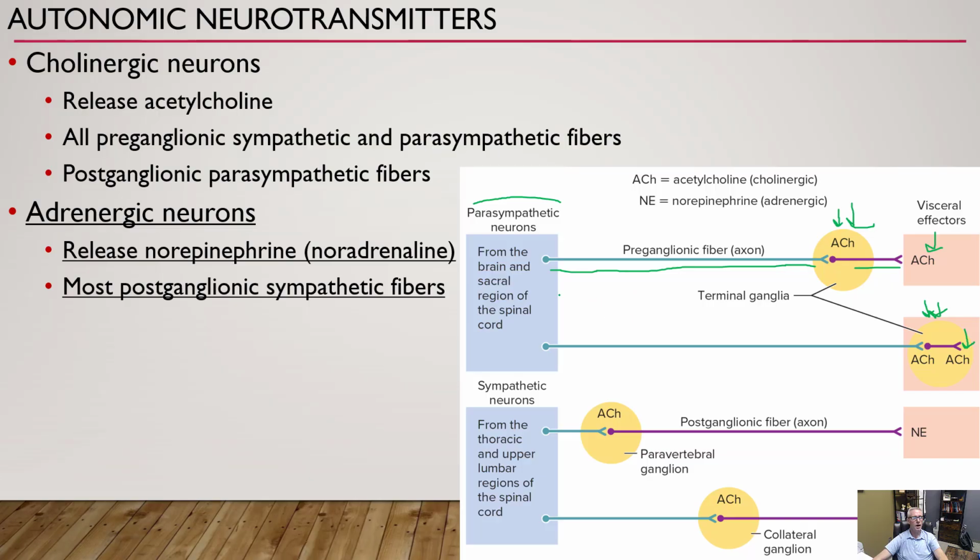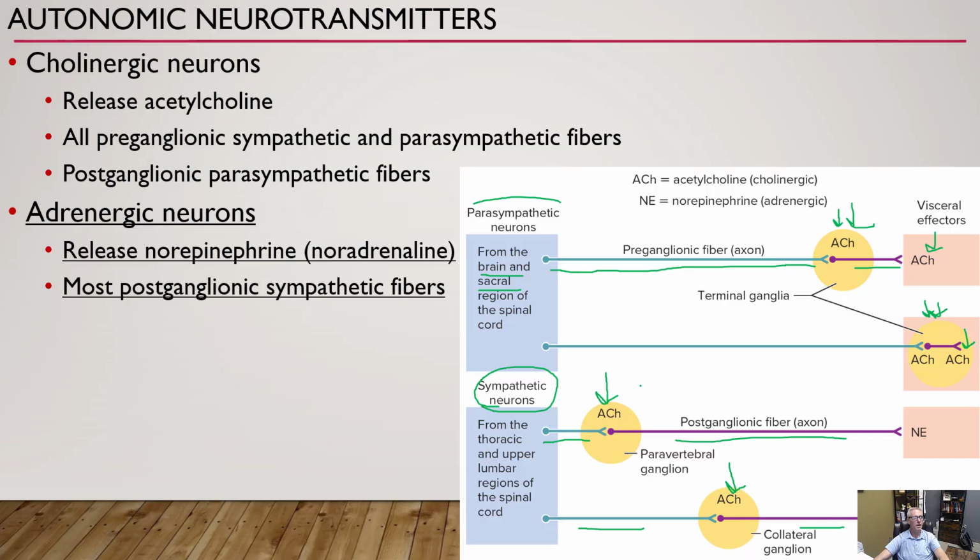Remember the parasympathetic side: brainstem, S2 to S4. On the sympathetic side, we have those paravertebral ganglia. And then we also have ganglia that are halfway between the spinal cord and the target organ. So we're going to have either a short pre and a long post, or we're going to have about a